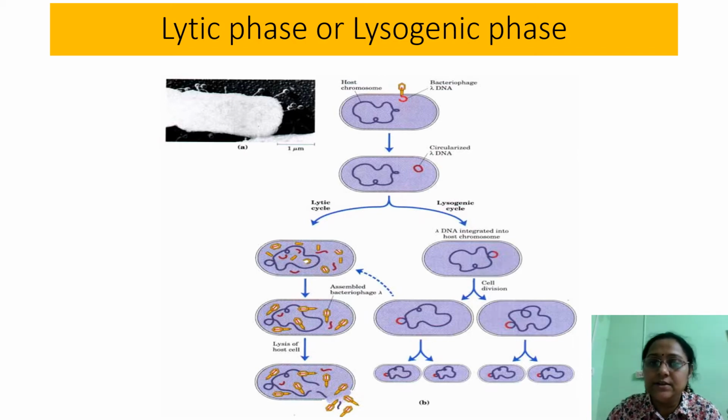Whereas in the lysogenic cycle, the bacteriophage DNA enters and integrates into the genome of the bacterium, and we call it the prophage state, and it can replicate along with the bacterial genome. So, how the virus chooses to go to the lytic cycle or the lysogenic cycle is controlled by a very well maintained genetic switch. We are going to study how this genetic switch directs the virus to the lytic cycle or to the lysogenic cycle.